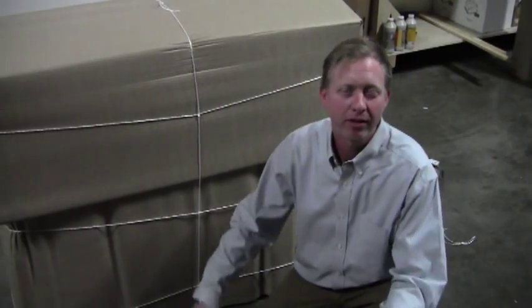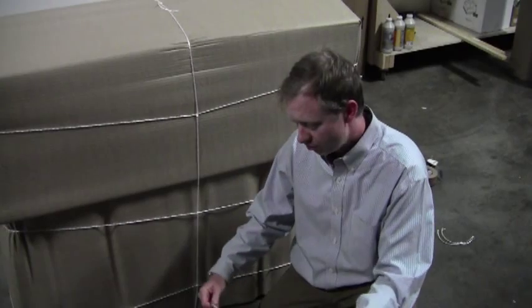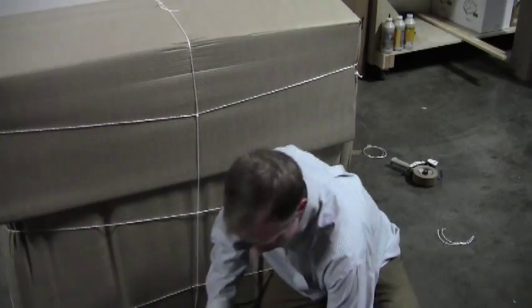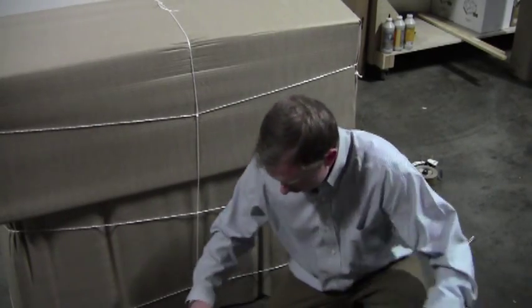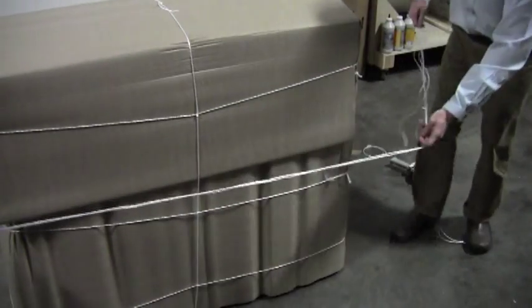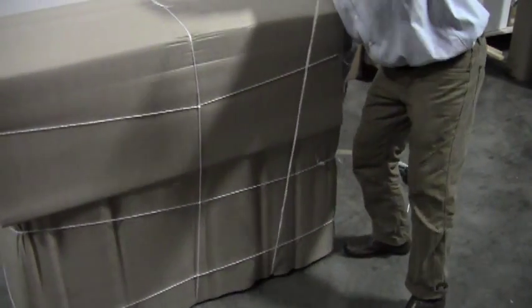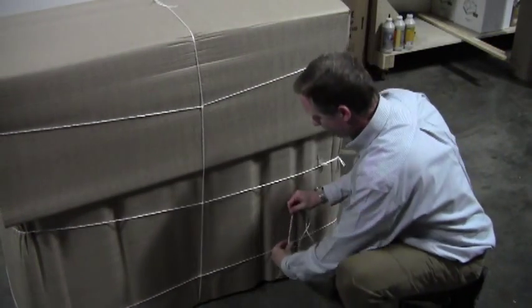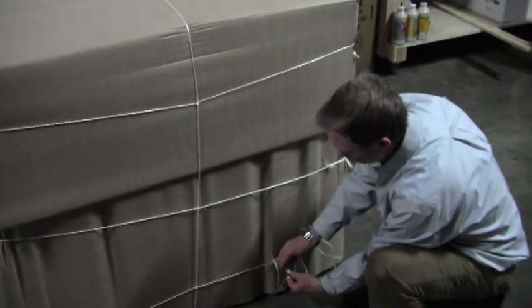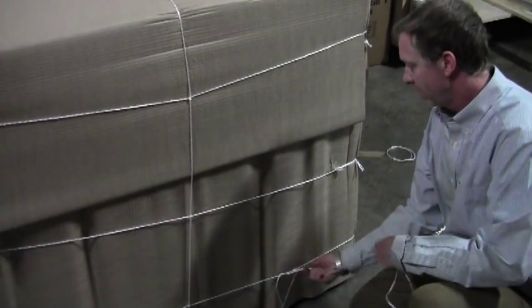All right, so another method of doing this, instead of doing the knots, you can use a double strand. By estimating the length of cord that you need, we're just going to cut a double strand here. Then Yasu, if you would assist me. Yes. Come on over here. With the double strand method, it's a little faster. We're going to go around, and instead of tying a knot, we're just going to splice it through the center so it looks like this. And then when you pull it tight,